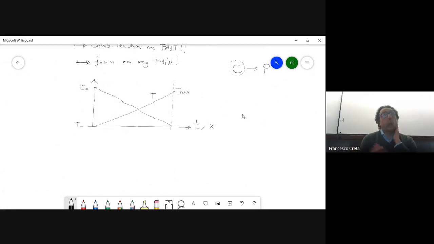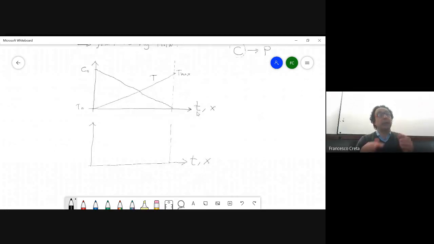But because it's a qualitative analysis, I will just tell you that the reactant species will decrease in concentration, and the temperature will increase. Now, let me see if I can say something about the reaction rate. So again, it could be along T or even along X. Obviously, in time, you would have a transient evolution, with no space,